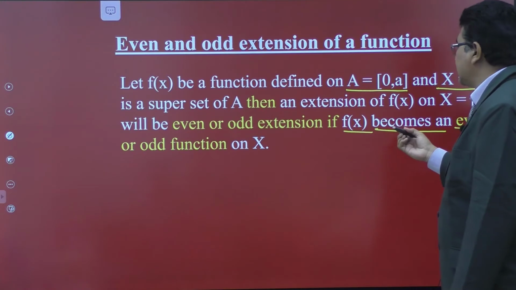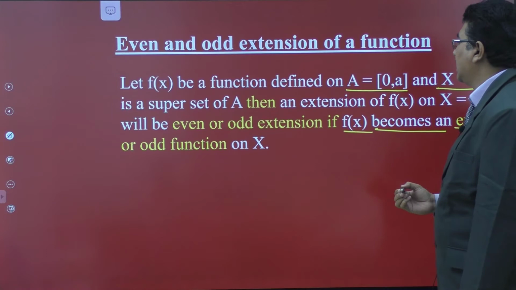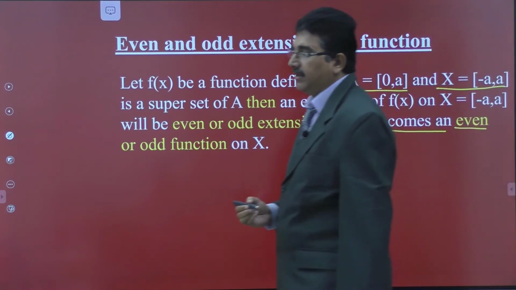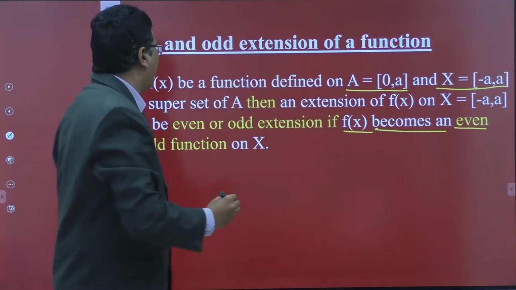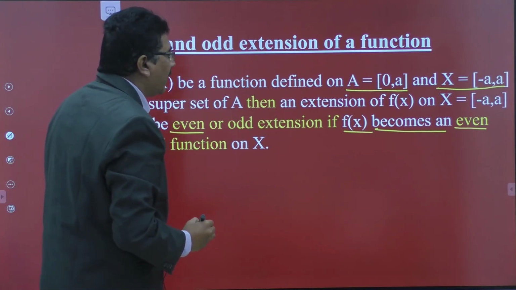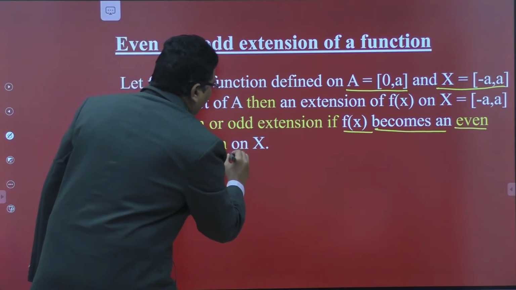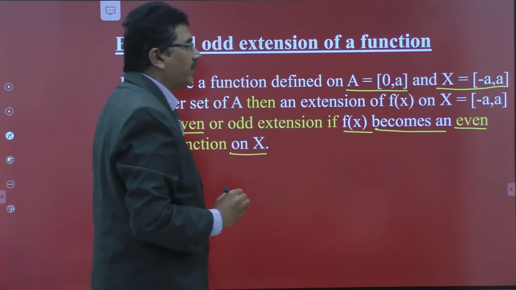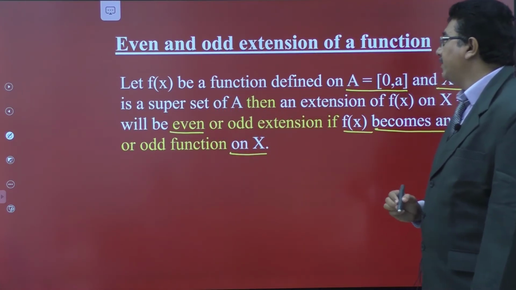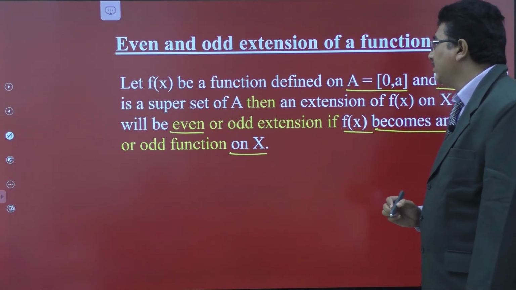If f of x becomes an even function on X, see the definition carefully, then the extension of f of x will be even. If f of x becomes an odd function on X, then the extension of f of x will be odd.